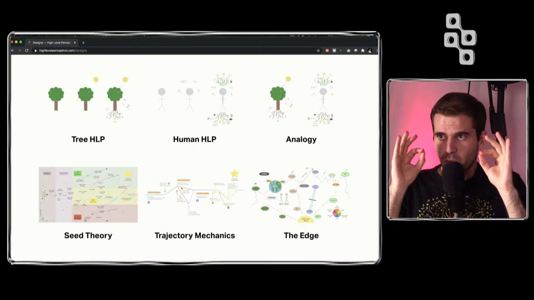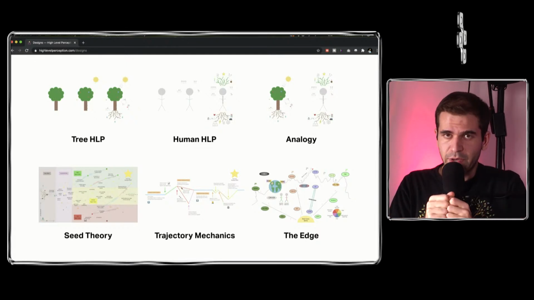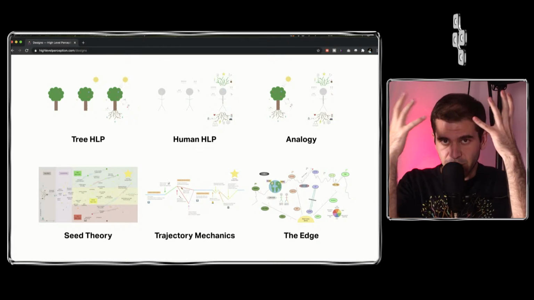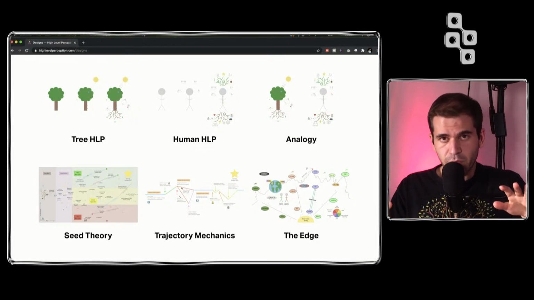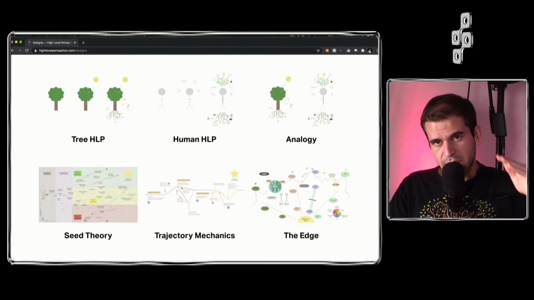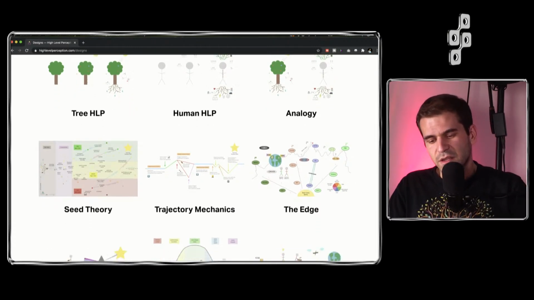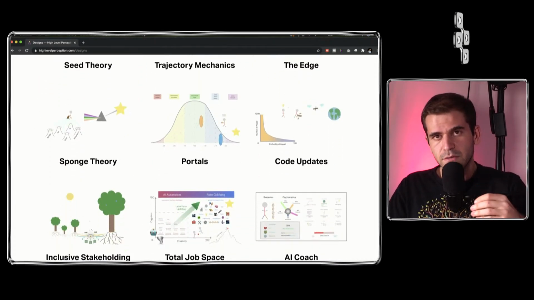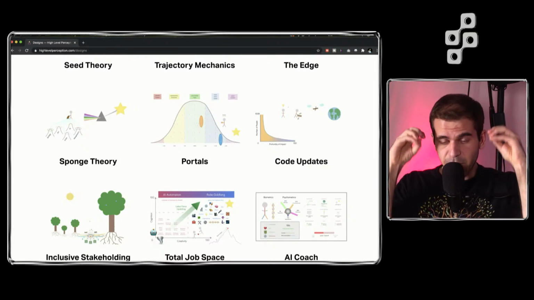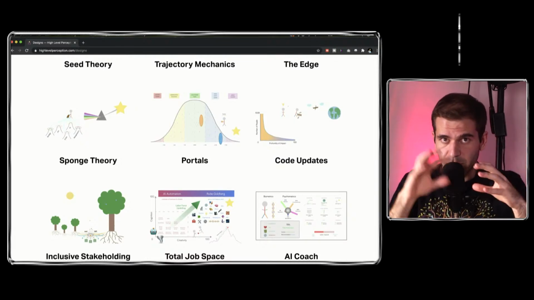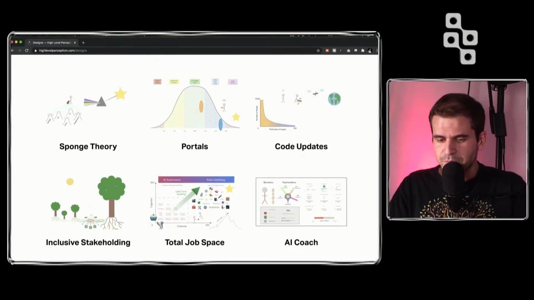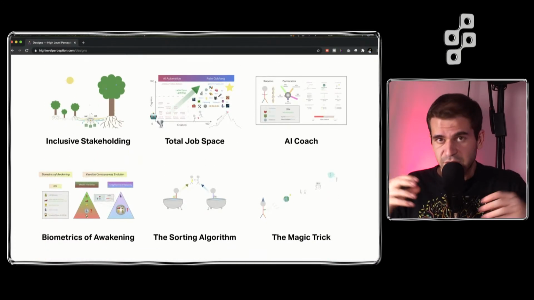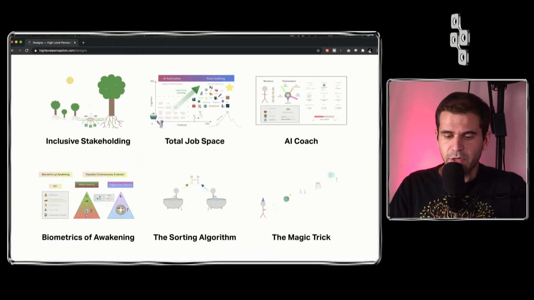And don't forget, the core analogy that I'm working with right now is the tree and the human. The nourishment of the roots produces the incredible fruits. And that's very important to maximize the basic needs of people around the world, to head them towards the North Star, to get them out towards the edge, planting flags, actualizing their gifts, adding their soul angle to efficient synthesis from the peaks of the fitness landscape, shooting portals into the middle of the pacer to upgrade people's perception, having that be like deploying code updates to our social fabric, inclusively stakeholding everyone, biomimicking mycorrhizal networks,